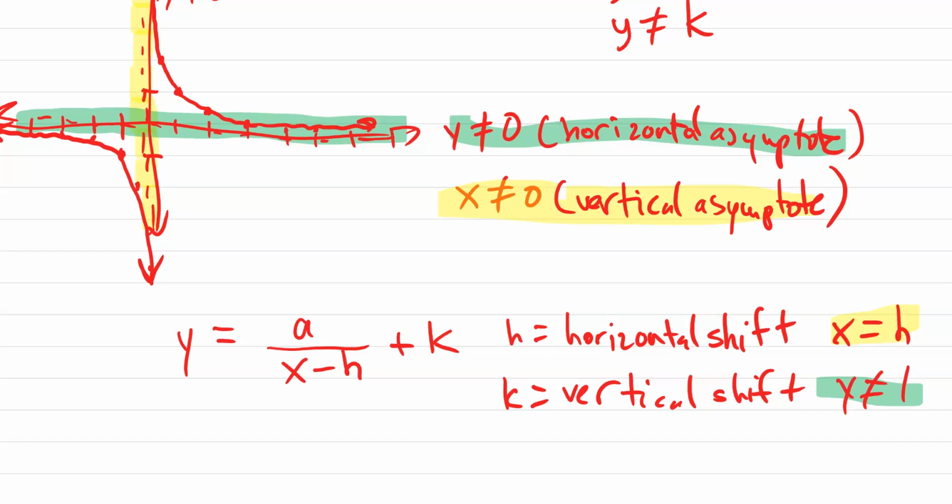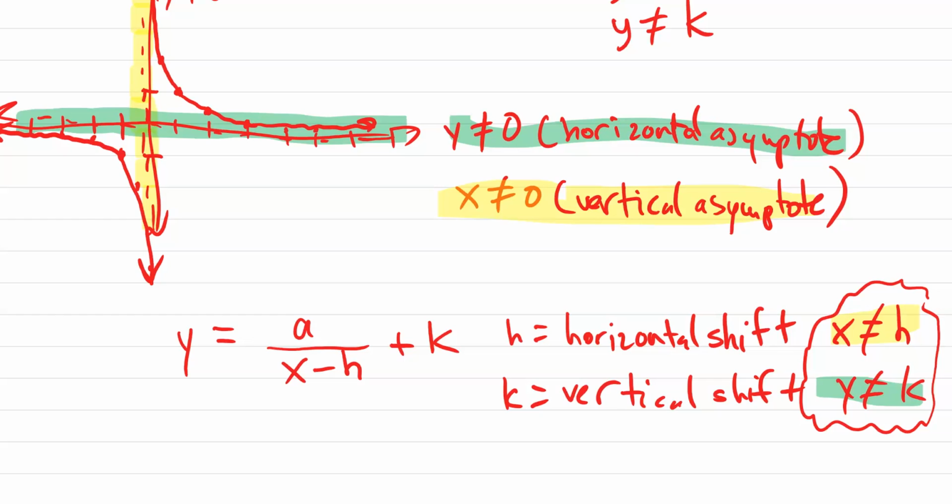y cannot equal k. I like the not equal. A lot of books won't do that. I know in the homework they won't do it, but I like to think about it because it's really what y can't equal and what x can't equal. Okay, so that's kind of a quick intro to this, and now we're going to graph some more complicated examples